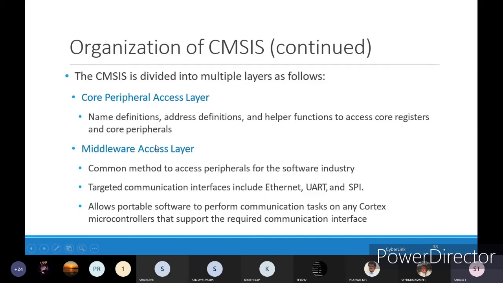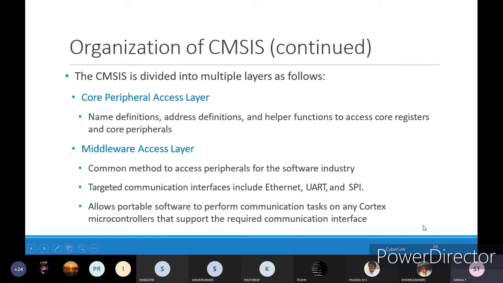Middleware access layer is a common method to access peripherals for the software industry, and targeted communication interfaces include Ethernet, UART and SPI, as we discussed in the previous one, allowing portable software to perform communication tasks on any Cortex microcontroller that supports the required communication interfaces.